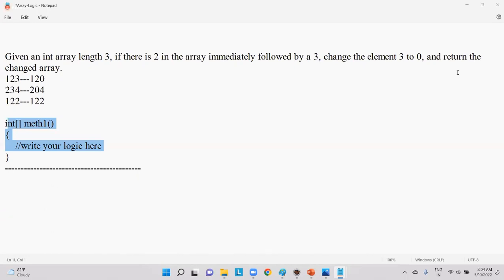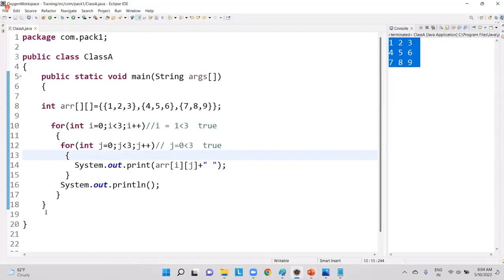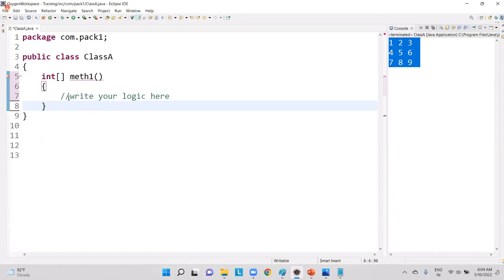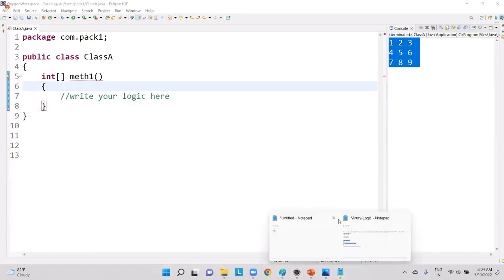Okay. For the first question, let me try to explain it. Observe what the question is, guys. First, let me write this method like this. This is the method. Fine. Now, the question is,